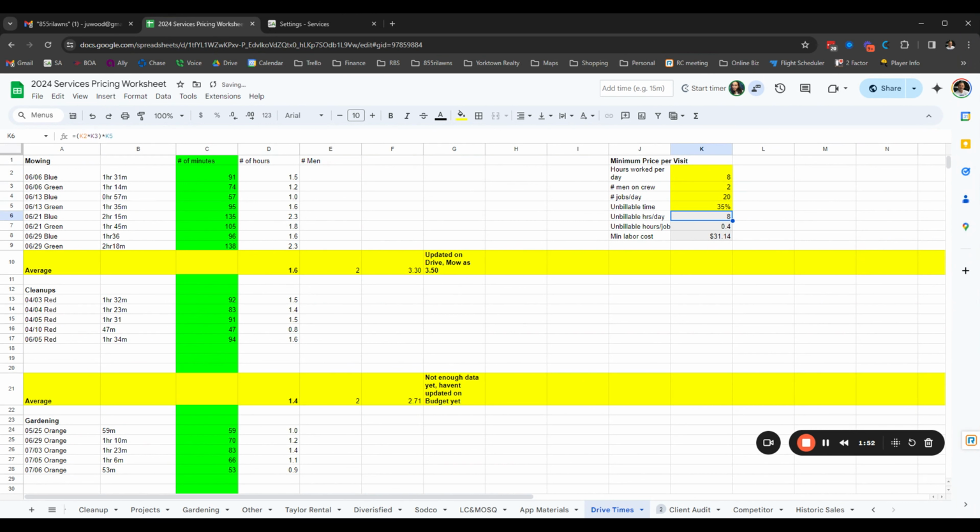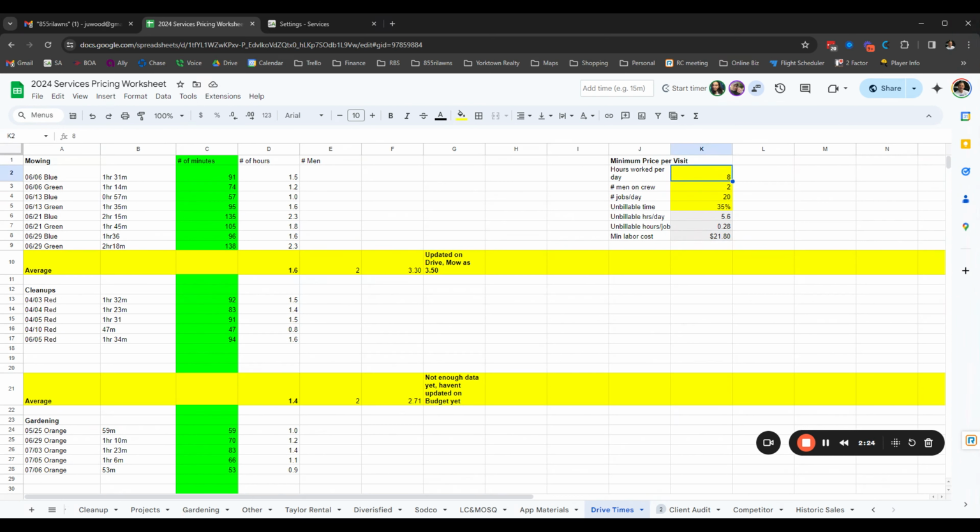Unbillable time, you can throw in here, say 35%. So that would mean that with two guys working, there's going to be 5.6 hours that are unbillable that need to be divided up on each job. So that means that on each job, you get about 15 minutes. And then here's the minimum labor cost before any materials. This is a little low because you do need to also take into account actually setting up the job too, like opening the gate. There's a lot of fixed costs associated with that job,